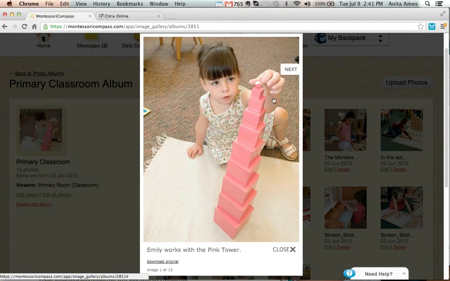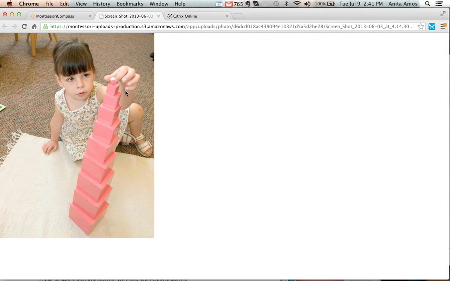Obviously, showing images of cute children working in a classroom doing interesting things, that's really valuable. That makes your school look really interesting and helps parents to be better connected. You can go ahead and write captions about specifically what's going on. The parent is able to download the original file. If they click on that, we give you the original file, and the parent can right-click on this and then save it to their desktop if they wish.